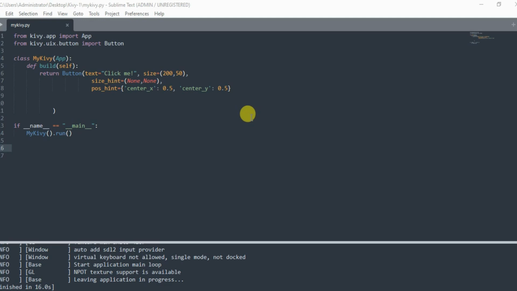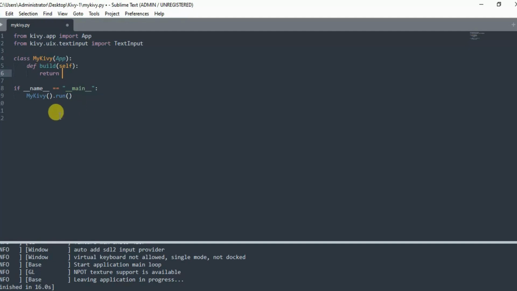Okay, so next we need to add text input in Kivy. So for this again we need to import the text box from Kivy. So for this we need to import TextInput, and the I should be capital, and we need to delete that because we don't need that anymore. And instead of button we need to add TextInput, and again like label we need to add text, that is going to be 'Enter your name' or anything like that. Okay, so let's save it and run it,